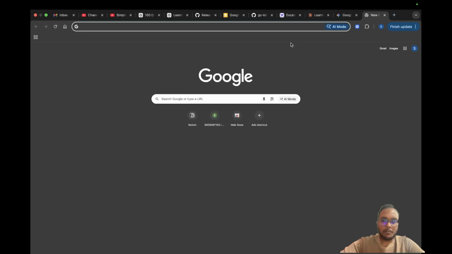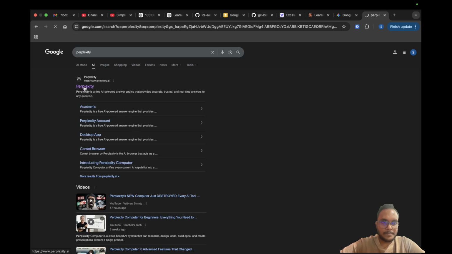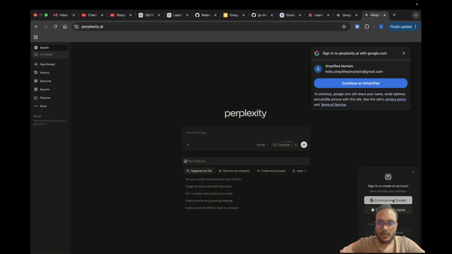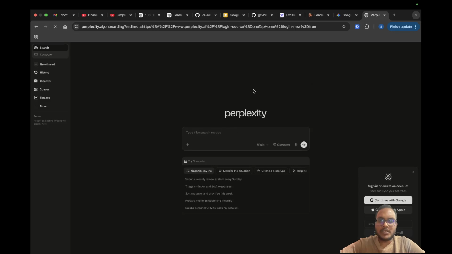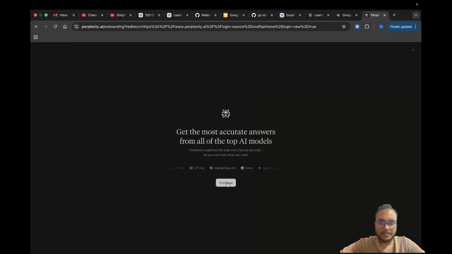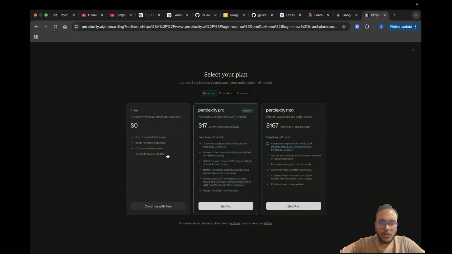Now I'll be going through the Perplexity model. See, it's asking, so similarly, it will ask you also whenever you try to open ChatGPT, Gemini, Google, or Perplexity. Fine. For personal research, go with the free version. At first, learn how to use this tool. Then you can use Perplexity Pro or Perplexity Max. But initially, go with the free version.